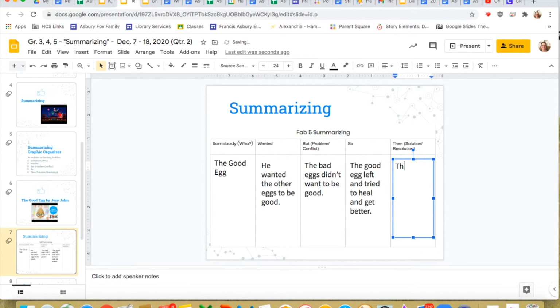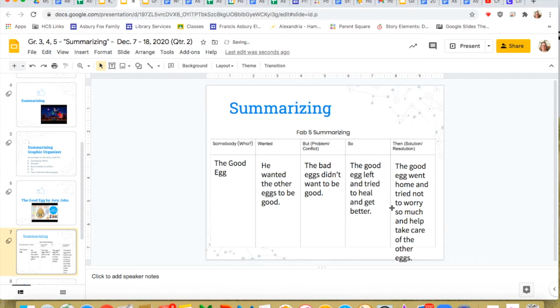Well, the solution was the good egg went home and tried not to worry so much. And help take care of the other eggs.